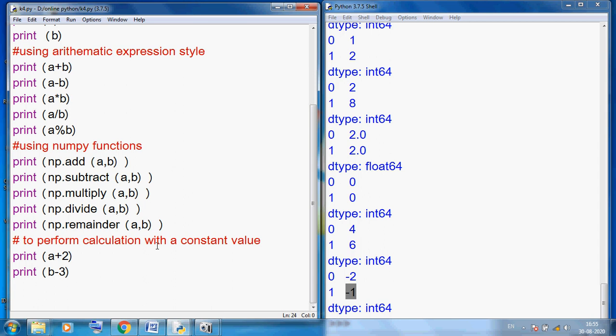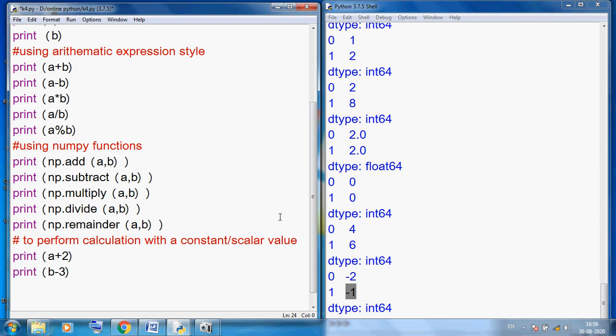We can also say this is a scalar value. Scalar means a single value. We can perform it on all the values of A and all the values of B, one by one.